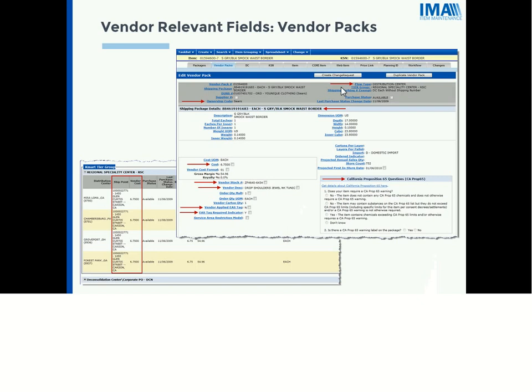But we'll be going over some of that more tomorrow as we go through the new item setup process and discuss where you have to select different options. So below the ownership code, you can see the shipping package details. And this is basically the package that this vendor pack refers back to. Further down, you can see your cost, your vendor stock number and description, and your EAS tag and required indicator.